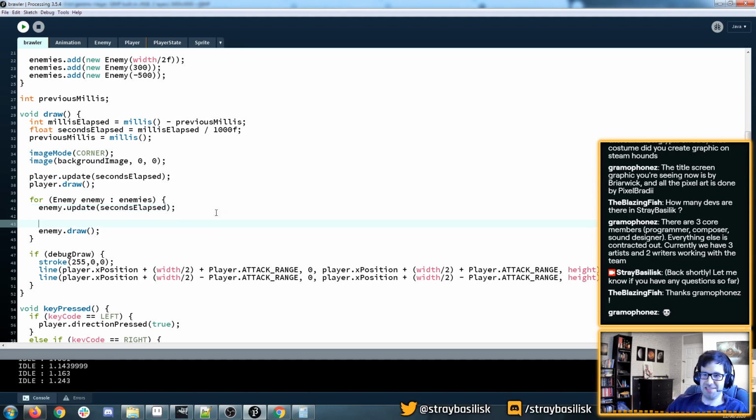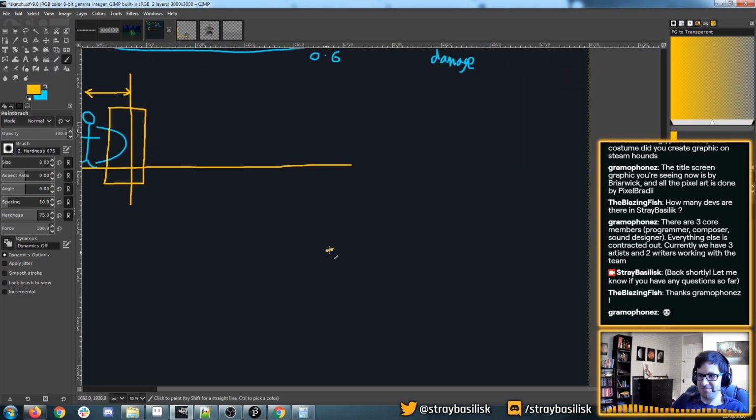Could also do something funky with these enemies to indicate who's within range. For example, if we're in debug draw and the enemy is within range, meaning, what does it mean for an enemy to be in range in this case? So we've got our main character here. We've defined our attack range, which creates this line. And then also on the other side,